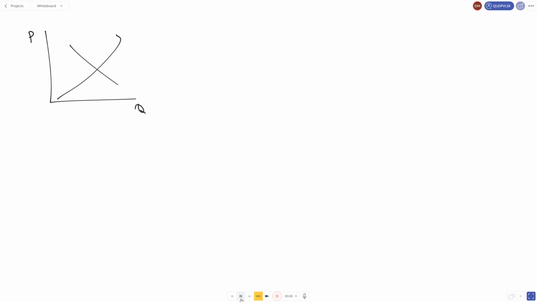When it comes to supply and demand, you have to graph it along a price and quantity graph. And you have your supply and demand lines. Demand is going down because it has an inverse relationship with price and quantity. So when price goes up, the quantity demanded goes down. And when you have your supply, that has a direct relationship, meaning that when price goes up, quantity goes up. So they're the same. And you have an equilibrium here, which is the best place to sell so that it